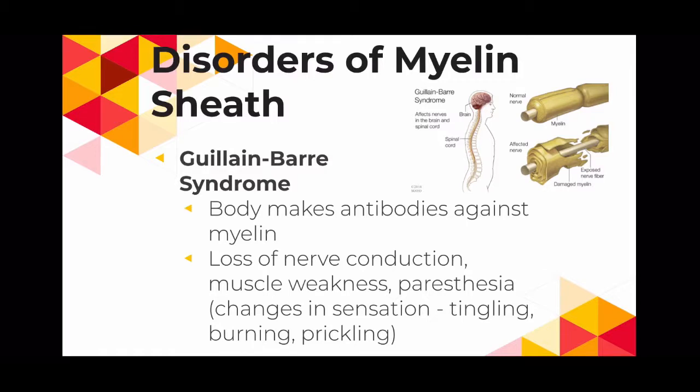This is a disorder in which the body actually produces antibodies against the myelin sheath of its own neurons. This disorder leads to demyelination and causes a loss of nerve conduction, muscle weakness, and paresthesia, which is one of your words. So if we break down paresthesia, the suffix ia means a condition, the prefix para means abnormal, and